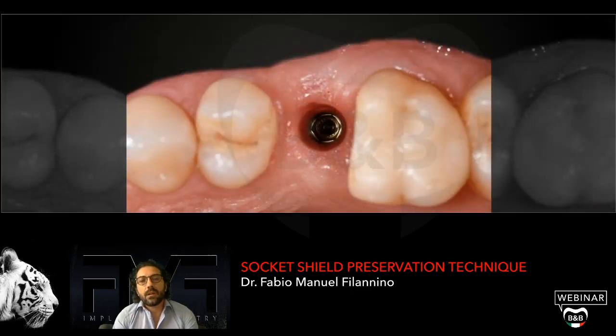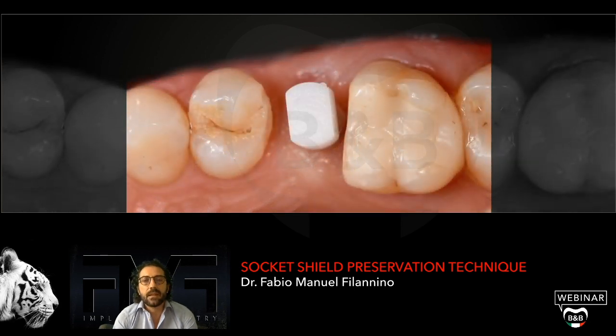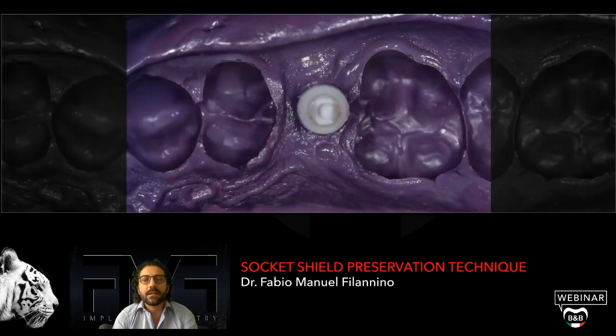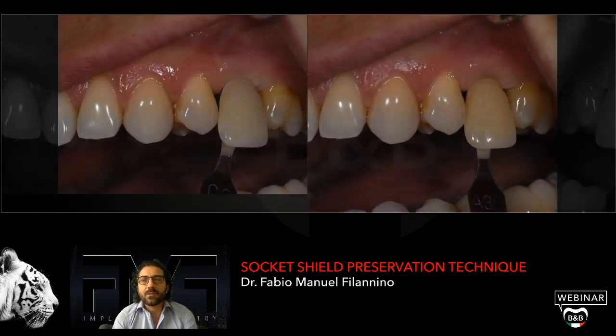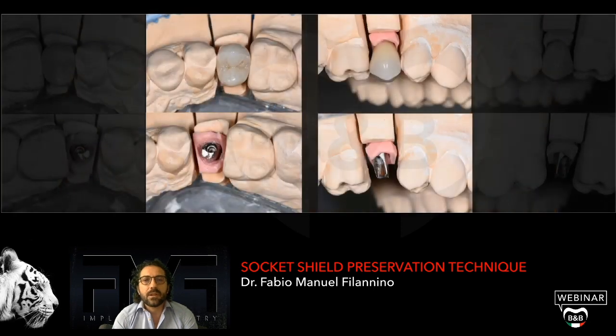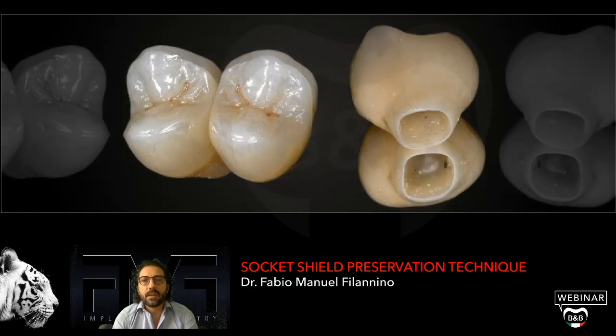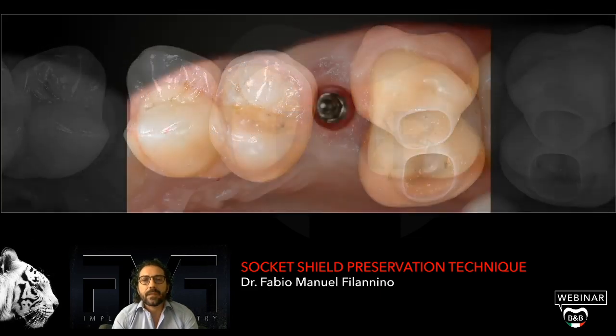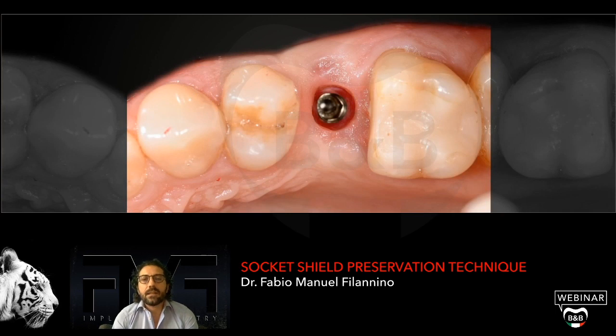So we can go through our prosthesis, and this is the peak transfer. B&B has a beautiful system to take snap-on implants, and I love those transfers very much. So we took the color of the patient, and then we could deliver the final crown, and this is the image of